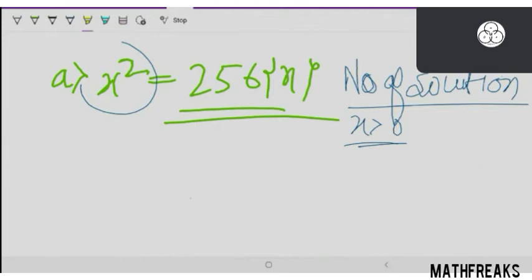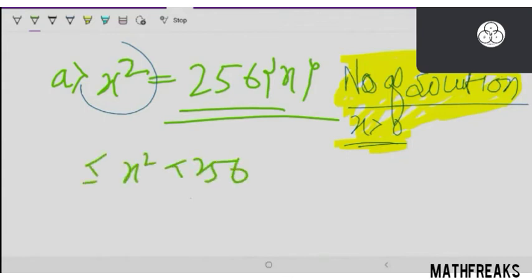You need to find positive solutions. How many positive solutions does the equation have? x greater than 0. I have given greater than, not equals to 0. Strictly greater than 0. So, I'm giving you the solution now. Important thing that we have